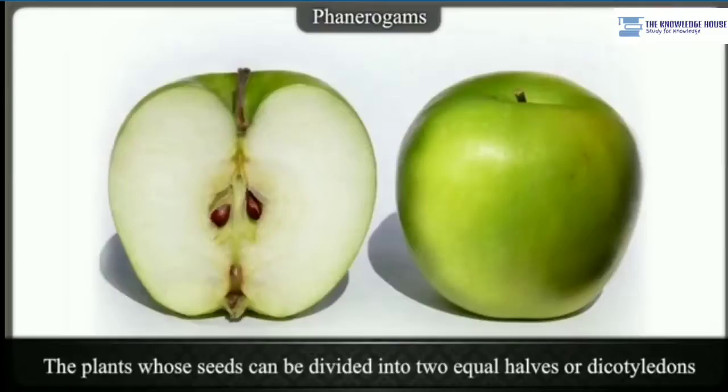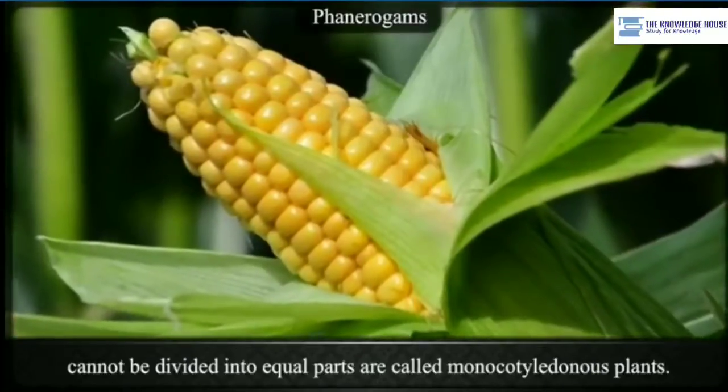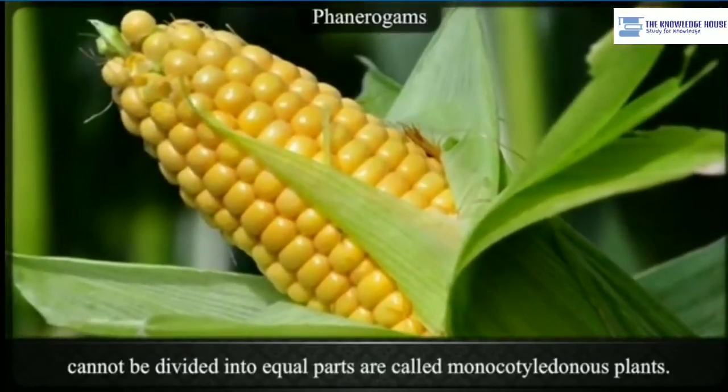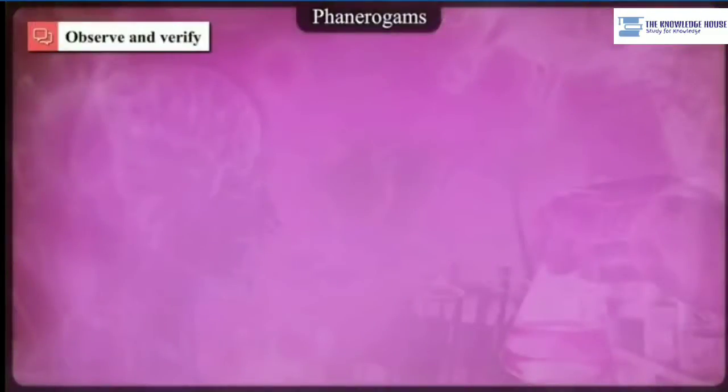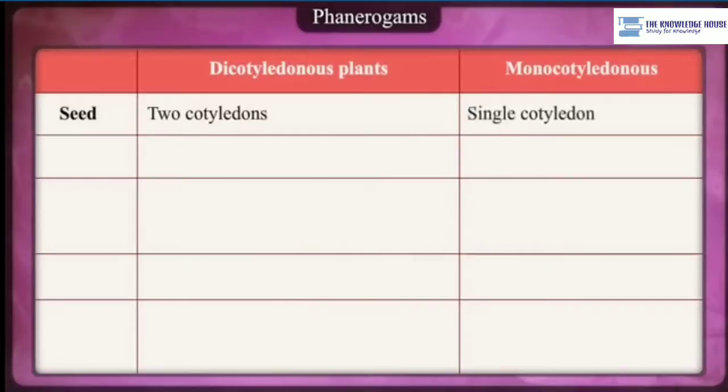The plants whose seeds can be divided into 2 equal halves are called dicotyledonous plants, and those whose seeds cannot be divided into equal parts are called monocotyledonous plants. Observe and verify. Seed: dicotyledonous plants have 2 cotyledons; monocotyledonous, a single cotyledon. Root: dicotyledonous plants have a well-developed primary root, taproot;